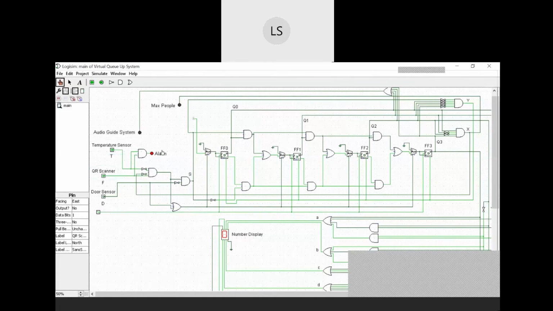If the temperature is high, the alarm will be on, which means that the visitor cannot enter the tourist site, and the number here will be displayed as 0. If the temperature is below 37.5, the person is allowed to enter. This is because here,